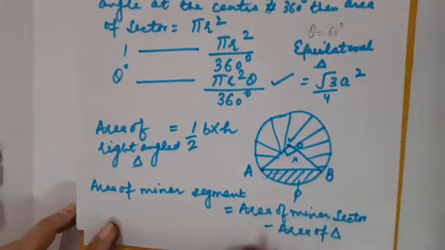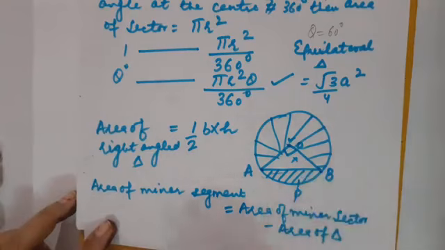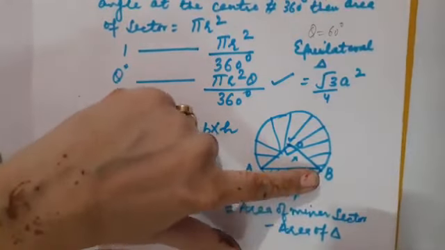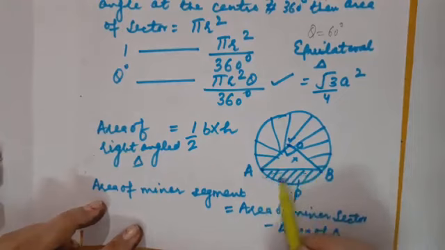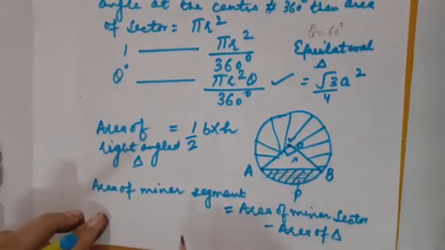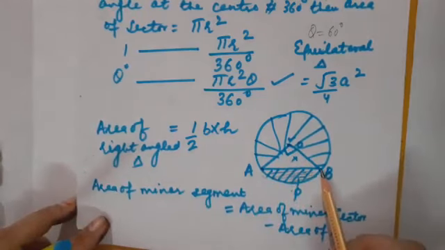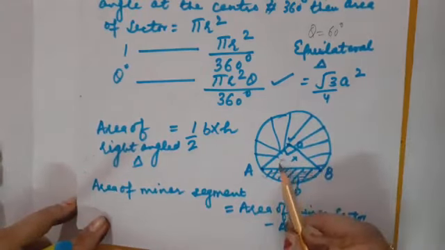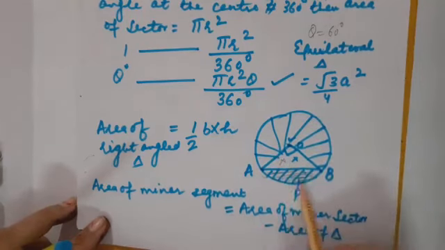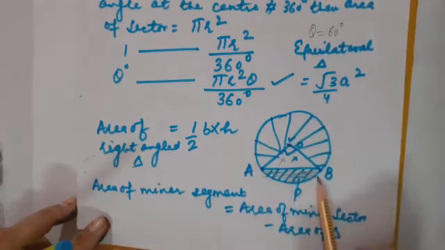In the same manner children, if I ask you how to calculate the area of the major segment now, means excluding this part. This is APBA. You are not going to include this part. So exclude it. So what is to be done for that? I am going to make you recall the steps. Number 1, you will be calculating area of sector first. Subtract area of triangle. You will be getting area of minor segment, which I am going to shade right now. Correct? So I have got this minor segment area. Now I have to calculate the area of the complete circle using pi r square.